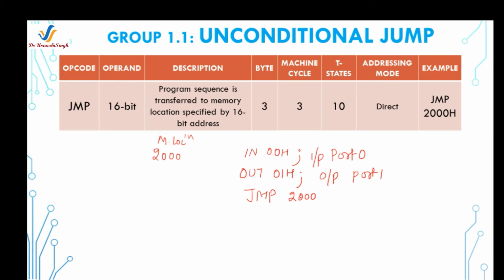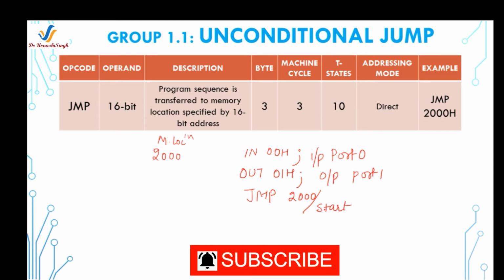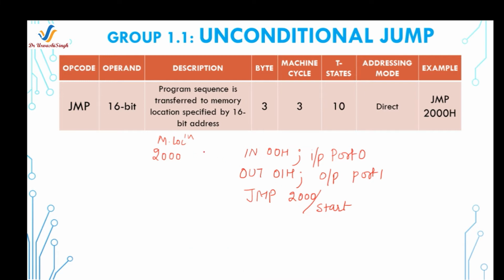One more thing is, student, you can write some label over here because while writing the program you don't know the exact location where to jump. So you can write a label or name, and for that you have to give this label at this address also. But you cannot use both address and label at the same time. Either of them will be used in the programming.